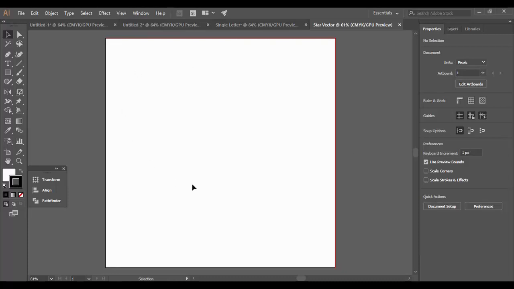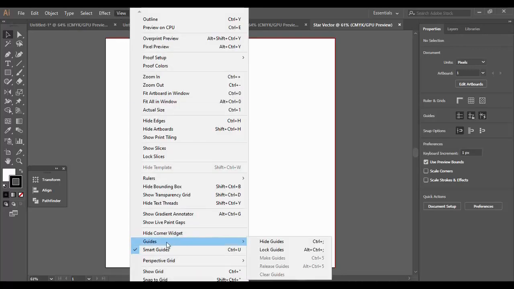And as soon as you do that, you will find that a new artboard has been created in front of you. Now what we are going to do is just create our star, but before that we are going to get some guides so that our star is created with a perfect symmetry. So for that, go to View. Here you will find an option called Guides. So just click on it,